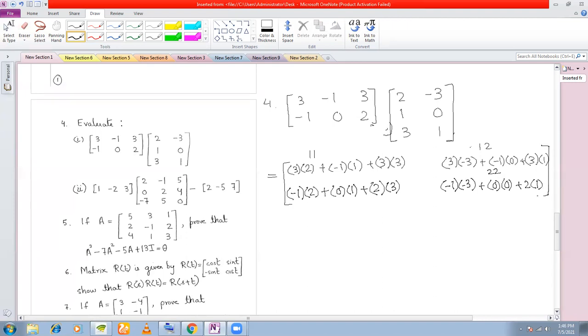So clearly we get a square matrix of order 2. Now we simplify this. Okay. You get 8. You get -6. You get 4. And you get 5. Which is a 2 by 2 matrix as expected. Okay. So matrix multiplication, I hope this is somewhat clear. How to multiply two matrices of different orders.